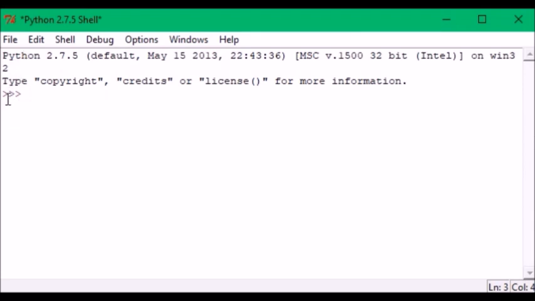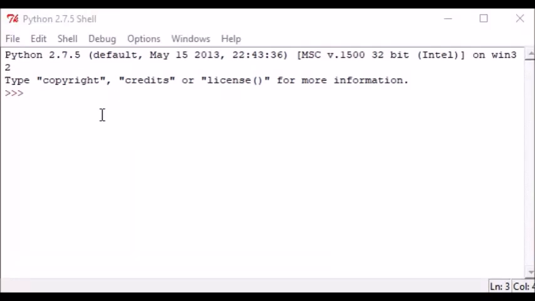You can see line number 0, 1, 2, this is 3, and column number 0, 1, 2, 3 and 4. So here I'm just going to start the program. You can see this is line number 3 and column number 4. So we can start here.